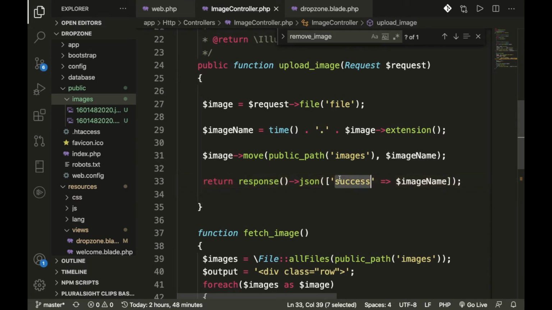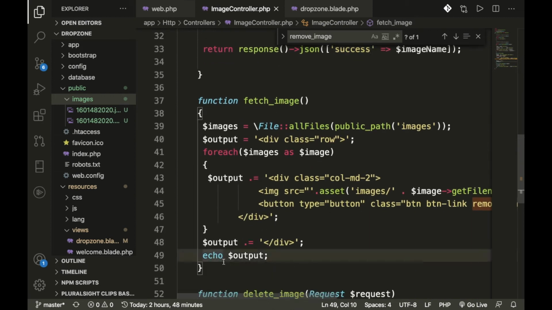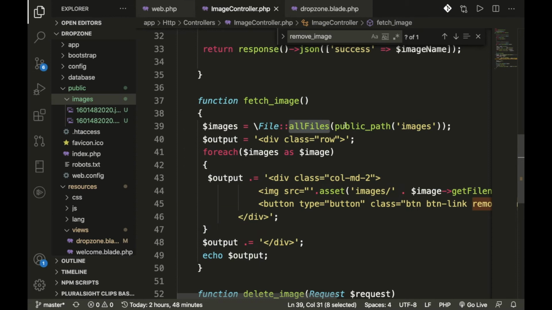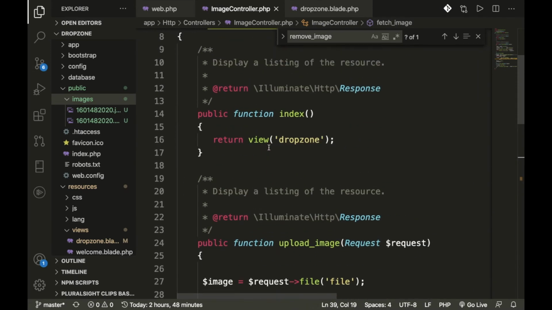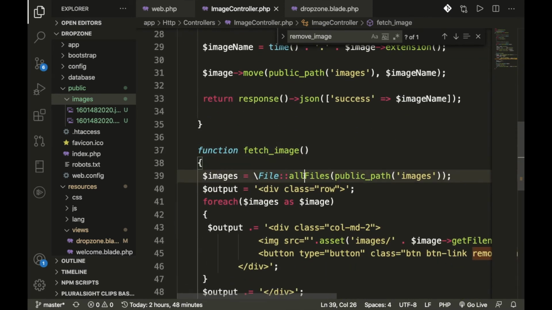We are also fetching data here. If anyone calls the fetch_image function, we fetch all images. Let me show you. We are fetching all images which are coming from the database.